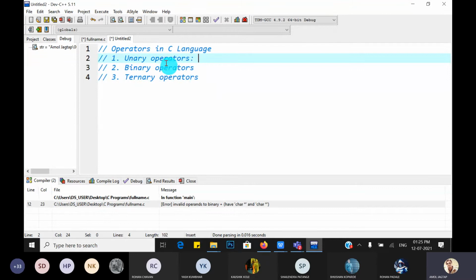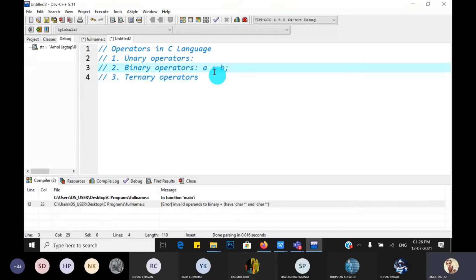So what is meant by unary? When that operator performs an operation on only a single operand, then it is called a unary operator. If binary, the operator performs the operation on two operands, for example a plus b. Plus is the addition arithmetic operator, so it performs the addition of two variables.